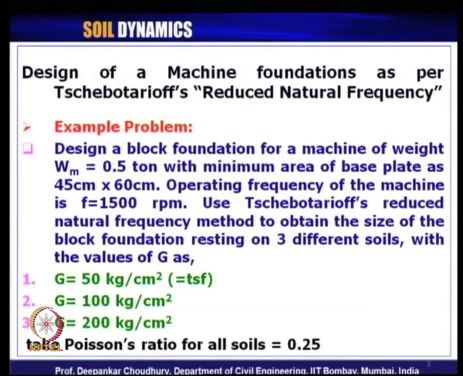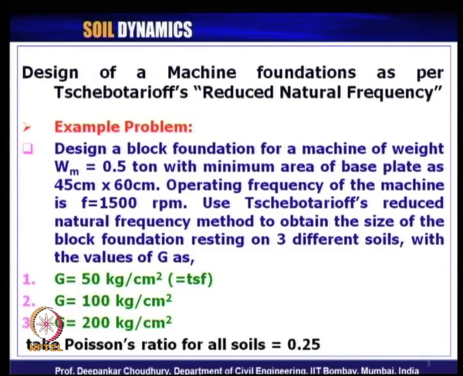in most of the other cases, the minimum required area based on the dimensional criteria, that is the minimum base plate size with 15 centimeter clearance all around and minimum thickness of the footing, that is 15 centimeter, is sufficient to place this machine on top of the block foundation.